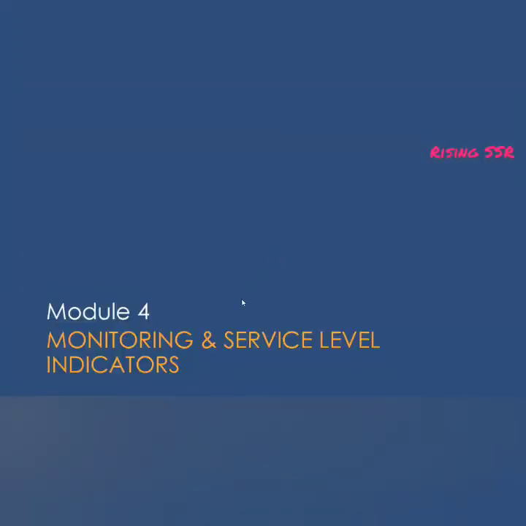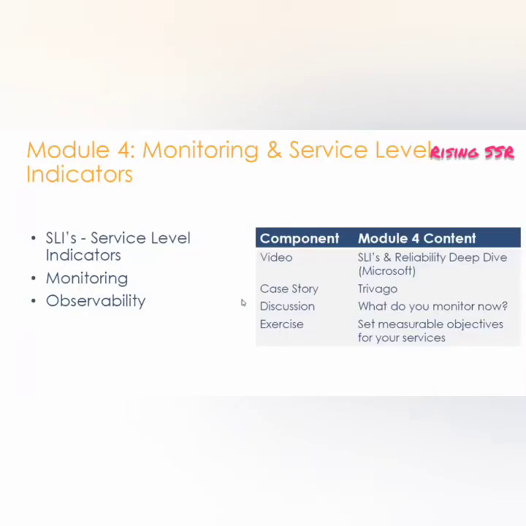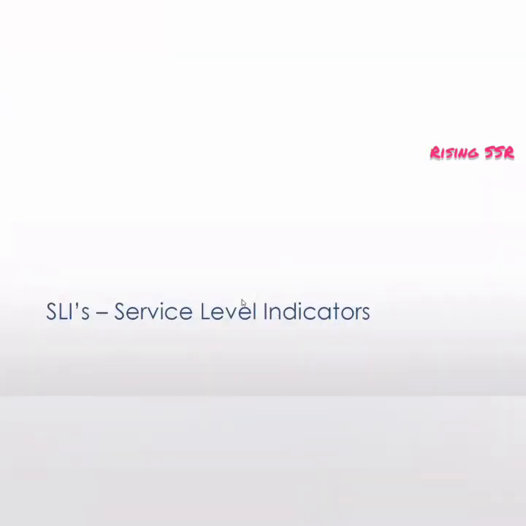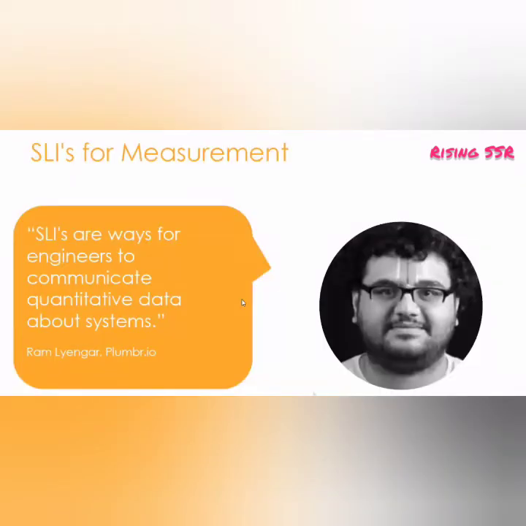So let us talk about module 4. Now, some of you had the question: if the SLO is violated, or if the error budget is violated, then how do we know that? This is the answer to your question. We know that by having service level indicators, by monitoring that. So we are going to read that very closely in this particular chapter.